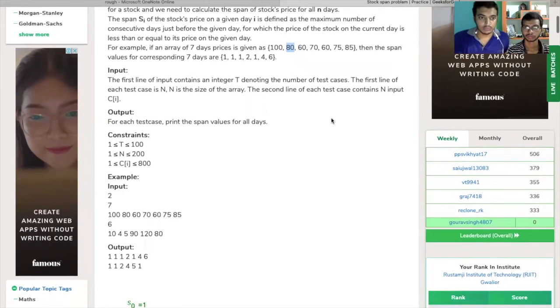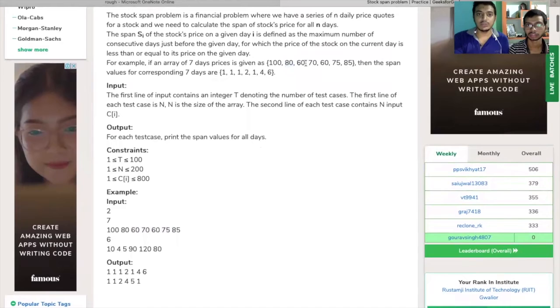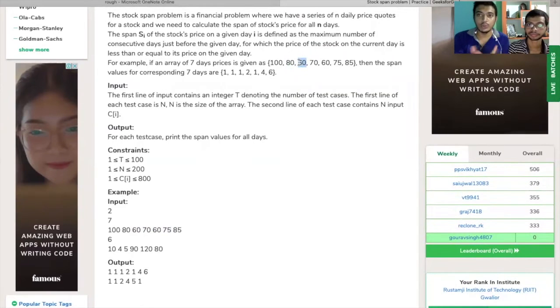Here you can also notice one thing: for the second 60, the answer is 1. Why? Because we have to check for consecutive elements. We cannot output the answer by saying that 60 is less than or equal to 60 and so output 2, including itself and the other element, because we have a greater element in between both the numbers. So it must be consecutive.